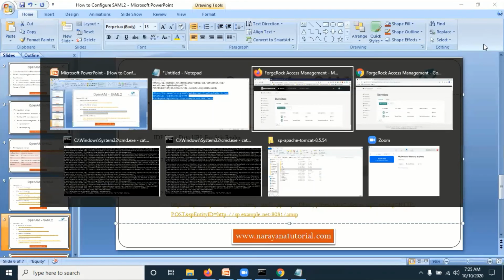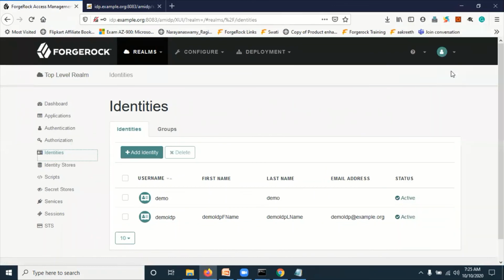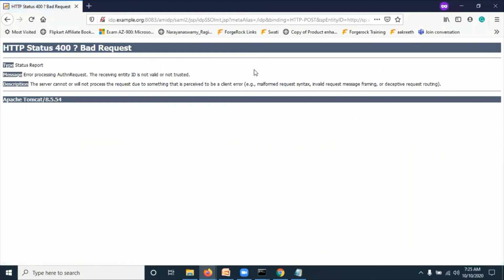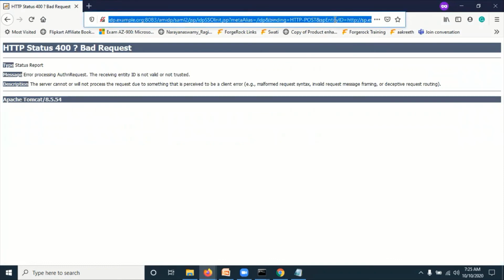Now close this browser. Again, open a new private window and paste that URL. Okay, bad request. Let me check what it is. The URL has idp.example.org 8083 openam SAML2 JSP idpSSOInit.jsp metaAlias IDP spEntityID.